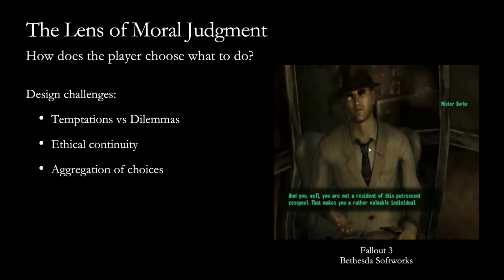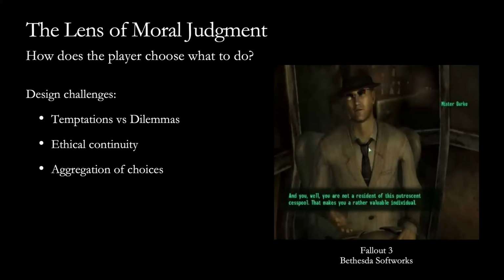Whereas in real life, in moral decision making and in fiction that does moral decision making really well, what you find is that decisions lead to other decisions. And so, there's no such thing as an isolated moral decision, because the consequences have consequences, and that leads to further judgments on the part of the player or whoever is involved in the dilemma. And that's something that you don't see very typically in video games, I think partially because it's kind of a production issue. Like, it's very difficult to link all these things together when you're working with, say, multiple writers across a big team or something like that.